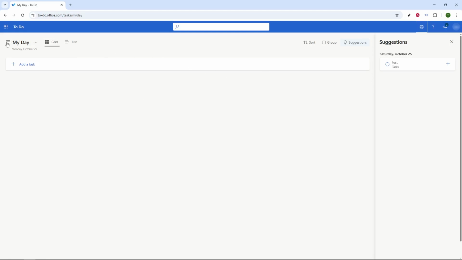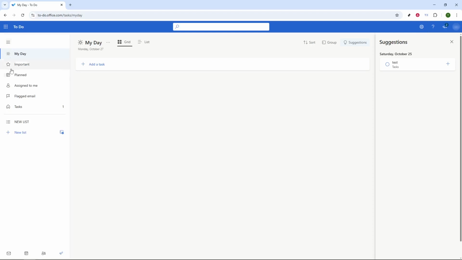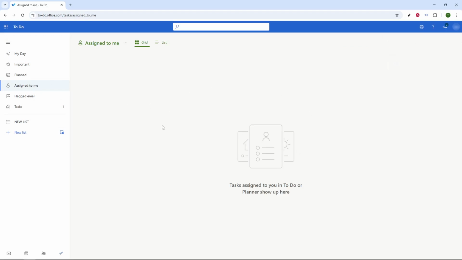Shift your focus to the left sidebar and locate the section labeled Assign to Me. Clicking here will bring up a list of all the tasks from Planner that have been allocated to you. You'll notice that these tasks have seamlessly made their way into Microsoft To Do, perfectly integrated for your review and management. That's it. By following these steps, you've successfully integrated Microsoft Planner into Microsoft To Do, creating a unified system